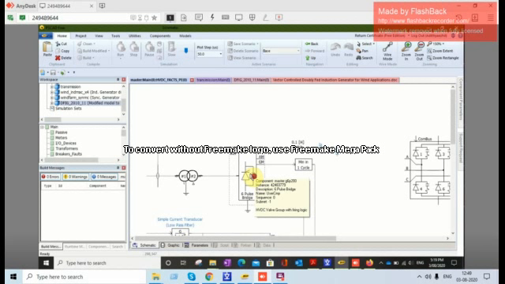Same thing. Another 2 switches additionally you will have. So that is called 6 pulse bridge. Right. So this entity is called as converter. 6 pulse converter, 6 pulse bridge, all are same.